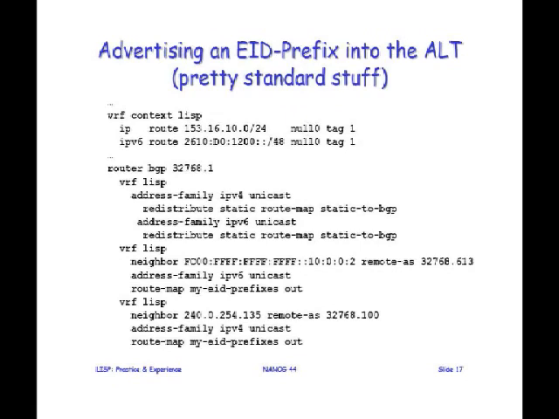So basically what I wanted to find out is whether or not we could use private addresses in different places in the ALT and what would happen and what was the significance of those. And basically it works just as you might imagine. It doesn't matter. It just works because the significance of that address is only between the two endpoints. So it seems to be pretty robust to the addressing format there. And then the rest of it is just standard BGP stuff, as you guys know.